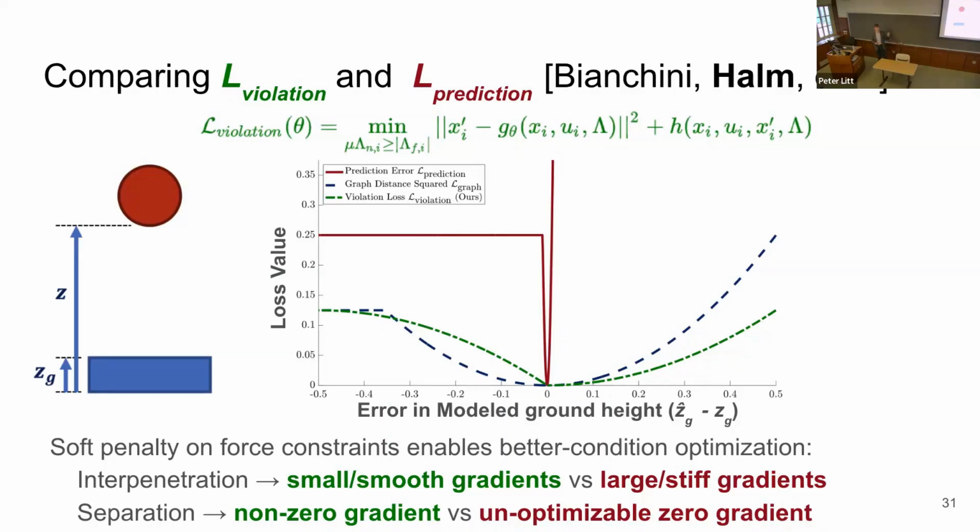By contrast, because we are trading off violations of these properties in a soft manner, we see that as you get closer to contact, the loss gradually decreases as it sees that an impact becomes more and more physically plausible. It violates the complementarity constraint less. So you have non-zero gradients on the left side where you had zero gradients before. Furthermore, on the right side, because we're able to penalize penetration in a reduced manner, the gradients on the right are of a comparable magnitude to those on the left. And so optimizing our loss in the green landscape here is often much easier to do than optimizing prediction error, even on this 1D example. Does that answer your question?